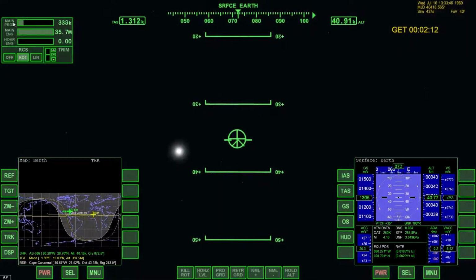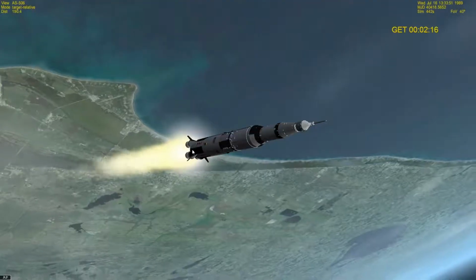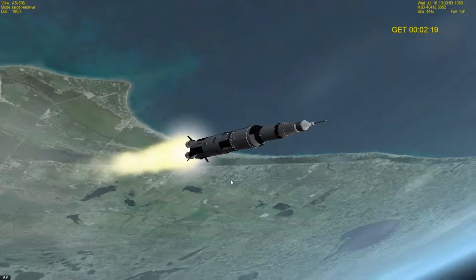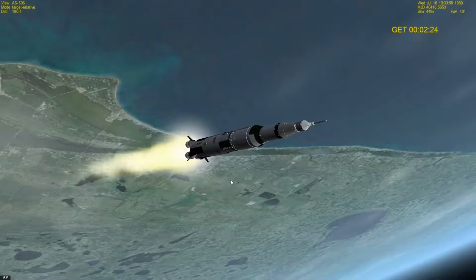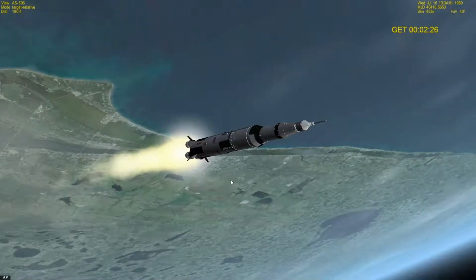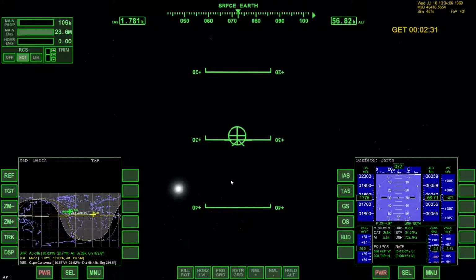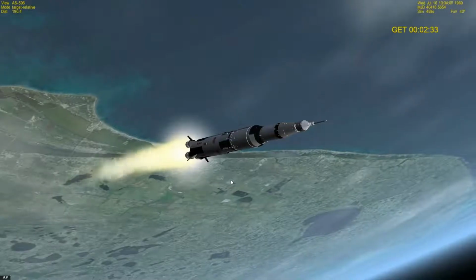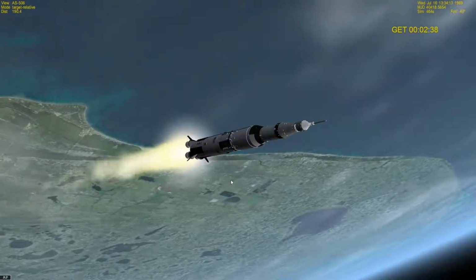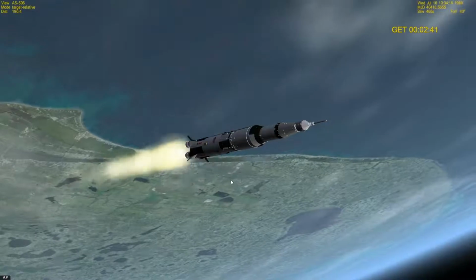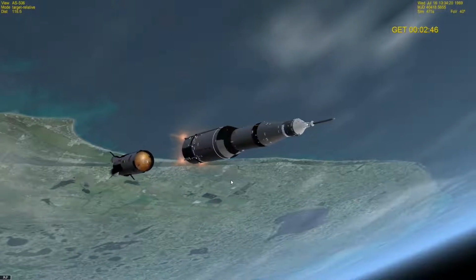When they reach 0 here, we will disengage the first stage. He will say something like Apollo disengage or something like that. When we are there, let's see. Yeah, we're almost there. There might be some stutter, for some reason. As you can see, for some reason my computer or the